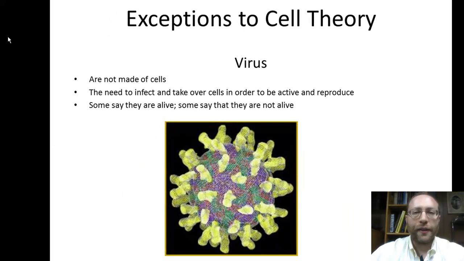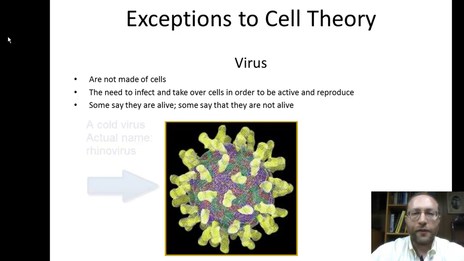The last part of this, we're looking at exceptions to cell theory, because in every theory, or every time we try to categorize things, there will always be exceptions, because you'll find there really aren't any clear dividing lines in life. There's always some bit of murkiness in between, because our categories are actually artificial.